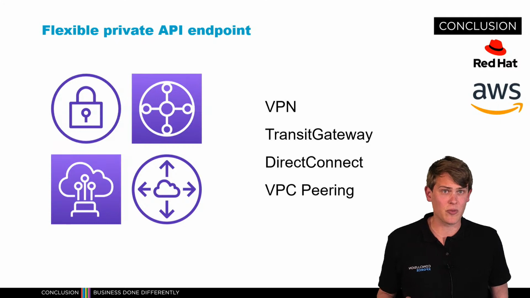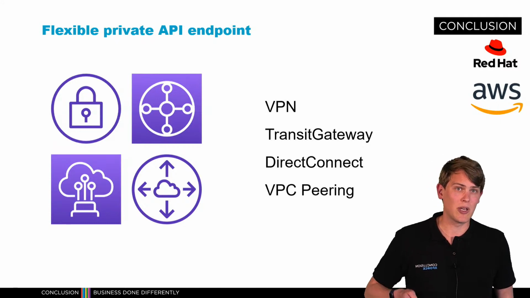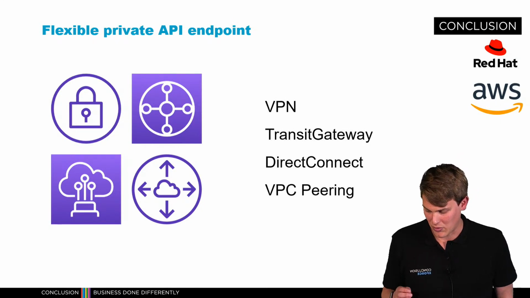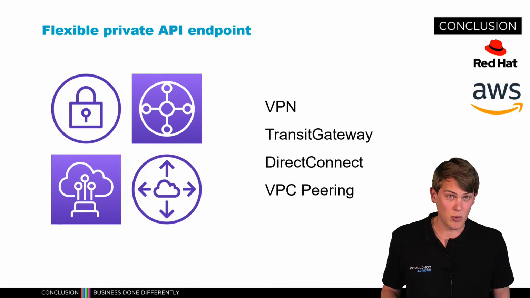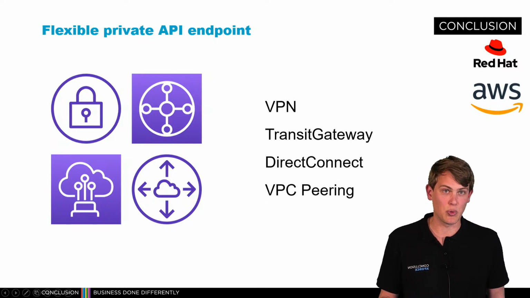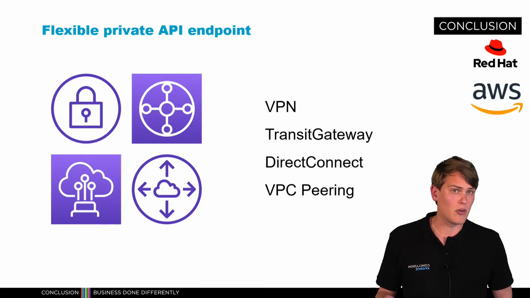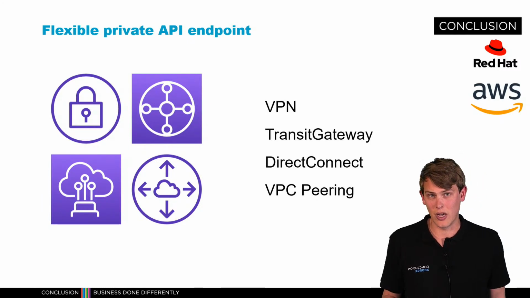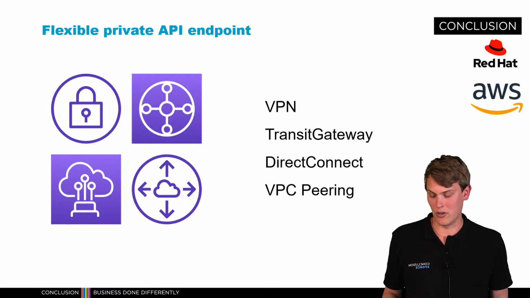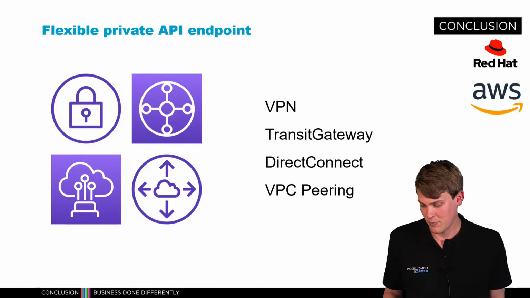It is actually possible to switch between private and public after provisioning the cluster, but you really need to consider your IP ranges, or else it won't be possible to pull your API endpoint to a private network using VPC peering. There are other options available like VPNs or transit gateways or even direct connects, but yeah. Take a note before you actually deploy your ROSA cluster.